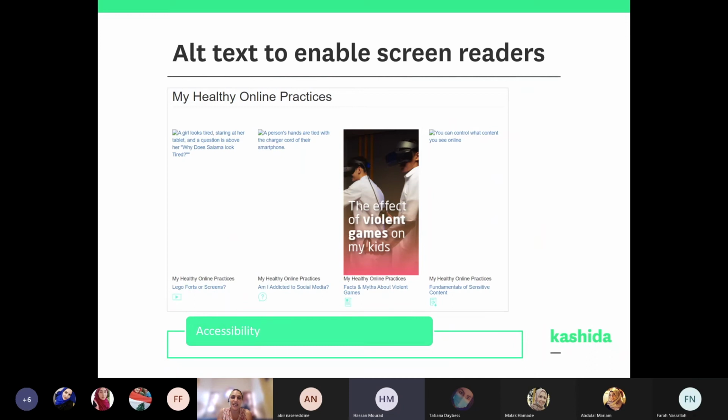This is the part about accessibility. So every single item or media type or content on SafeSpace is accessible. Here, I took this screenshot just to show how every single image has alt text, which any screen reader would read. So if someone had visual disabilities, their screen reader would read what the picture is. Everything, including infographics, have a descriptor of what the content is. All the videos or animations or cartoon series also have a text transcript and can be utilized by hearing disabled or by visually disabled.